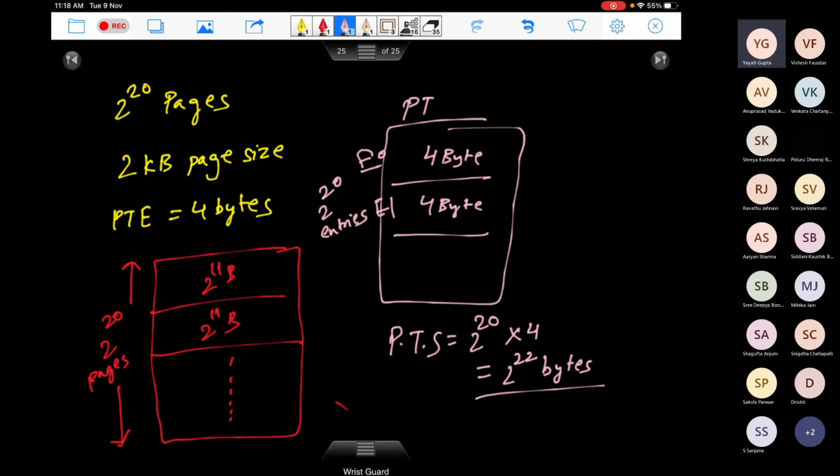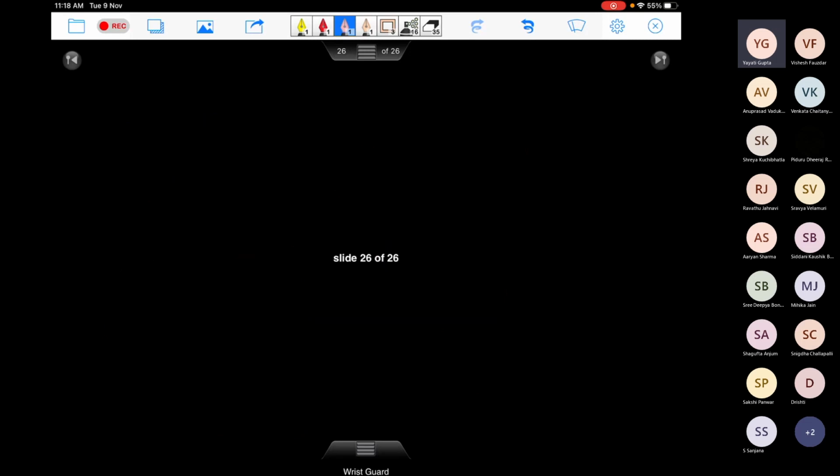Okay, if you look at the page table size here, it's going to be 2 to the power 22 bytes. So if you want to have one big page table, it should have this many bytes, right?